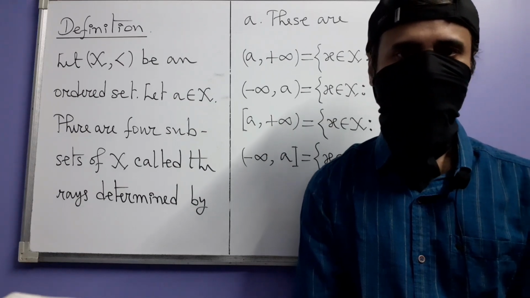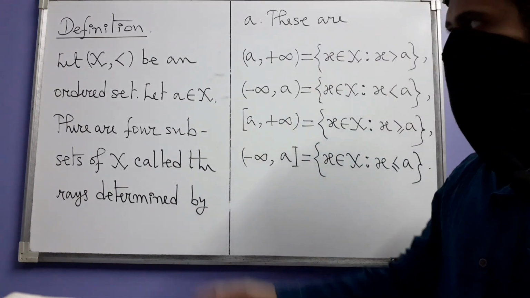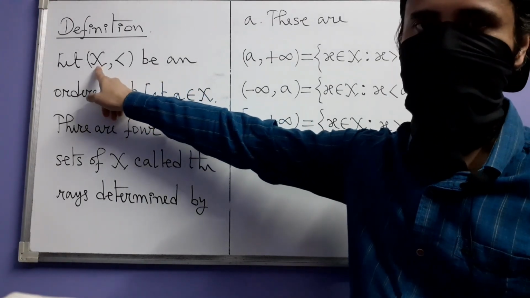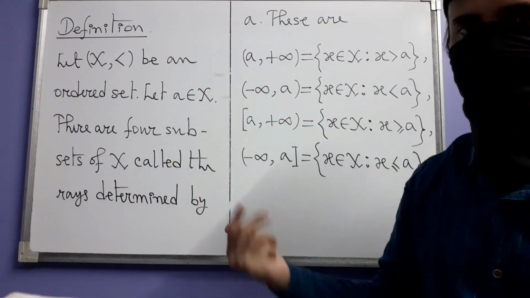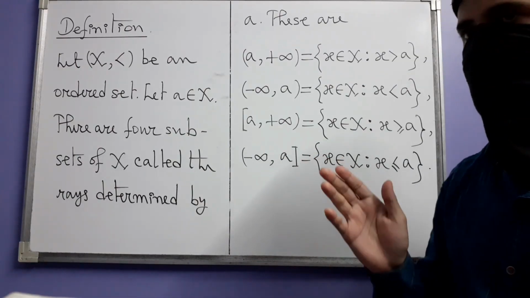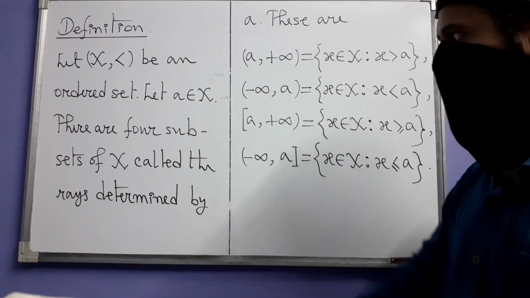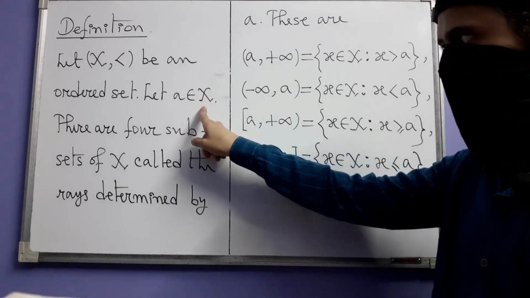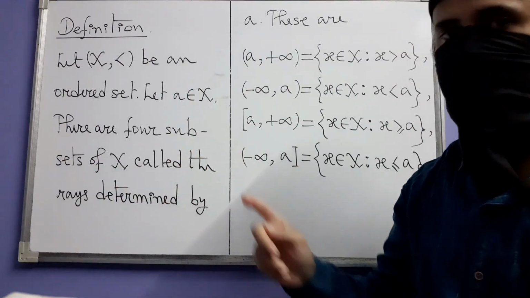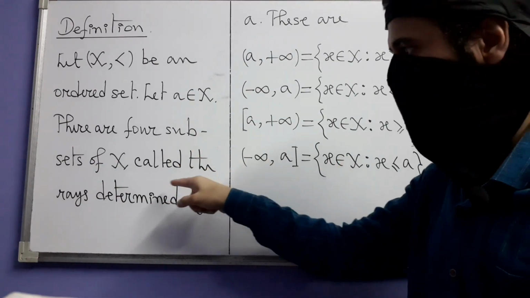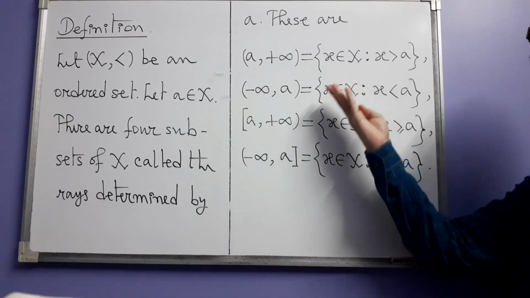We continue our discussion on ordered topology next with this definition. So as usual, let X be an ordered set with the ordered relation less than. And let us also not forget that X has at least 2 points, and let A be a point in X. Then this point A determines 4 subsets of X called the rays determined by A, and those subsets are